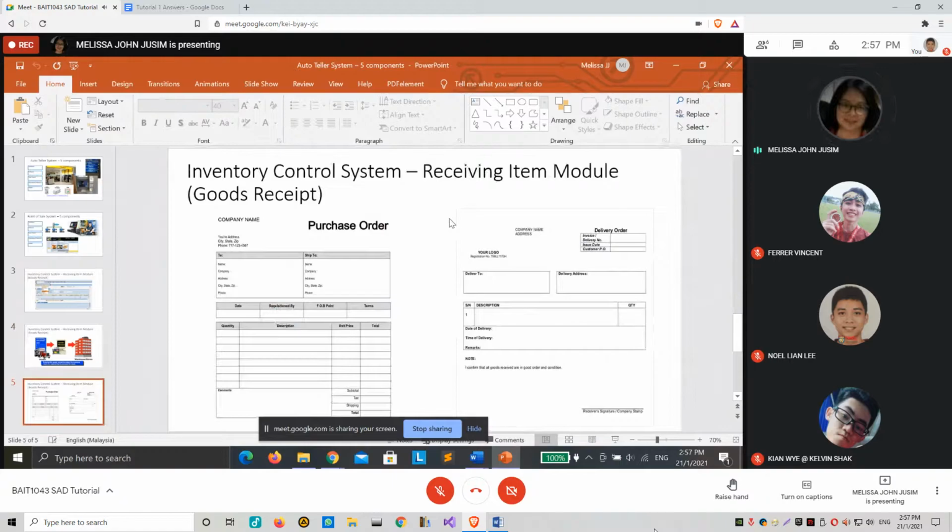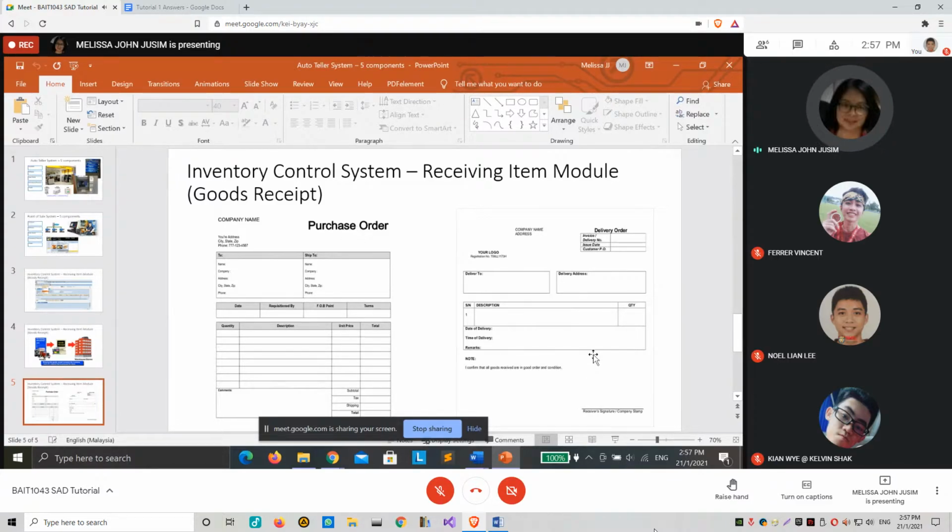Now what is a purchase order? Purchase order is when we purchase something from our vendor, from our supplier. So if this is the manufacturer, then they need to order from their supplier with a purchase order. The supplier says, okay, I will sell you what you state in the purchase order.